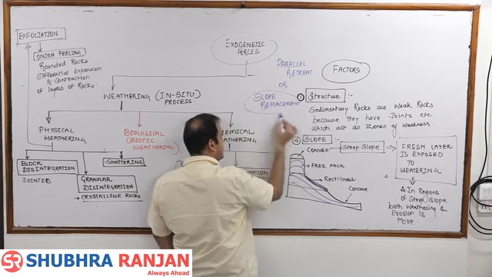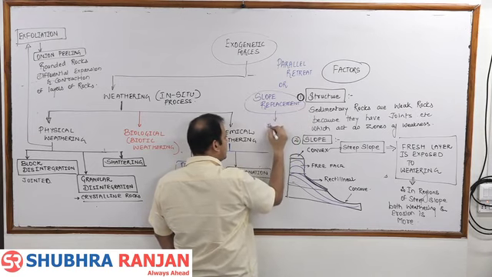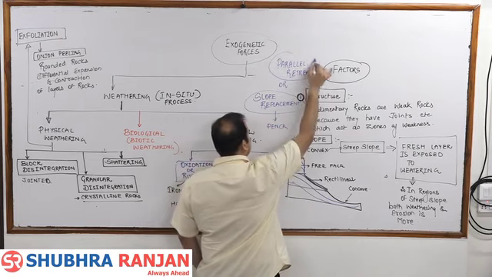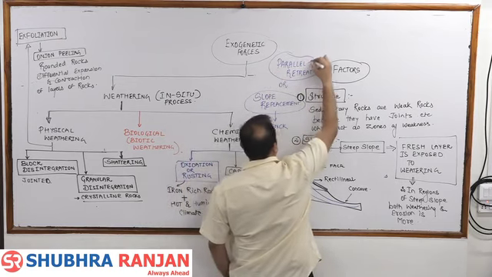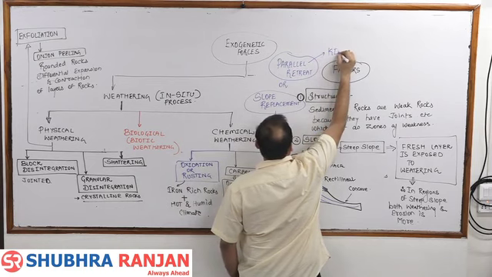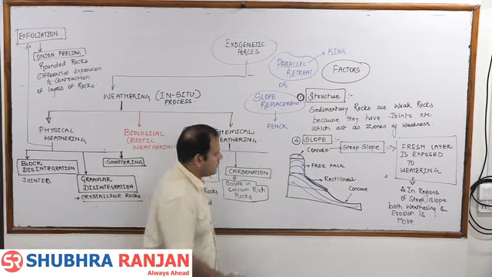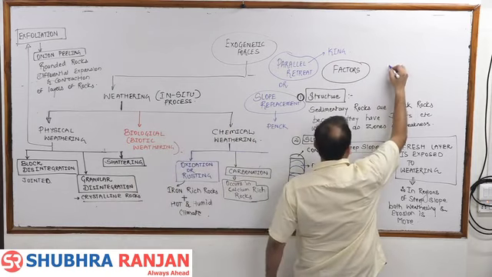If it is a person known as Penck, he says slope replacement. If it is a person known as King, he says parallel retreat. And if it is a person known as Davis, he says